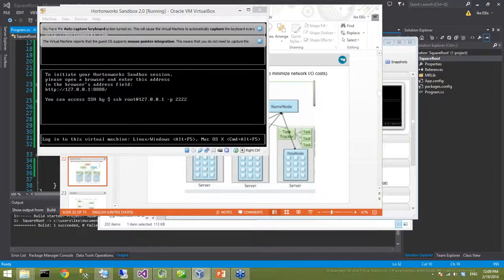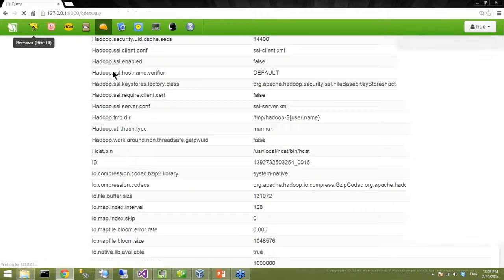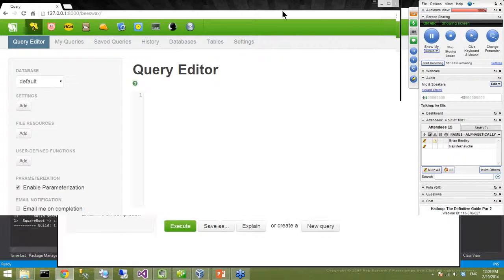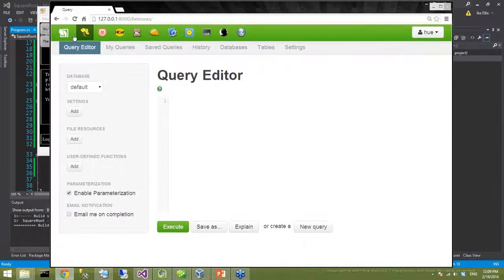So you can use just a command line, or you can use Hue. This is Hue, can you see that? Yep. That's my username. All the different things you can do inside Hadoop, you can just use Hue for.